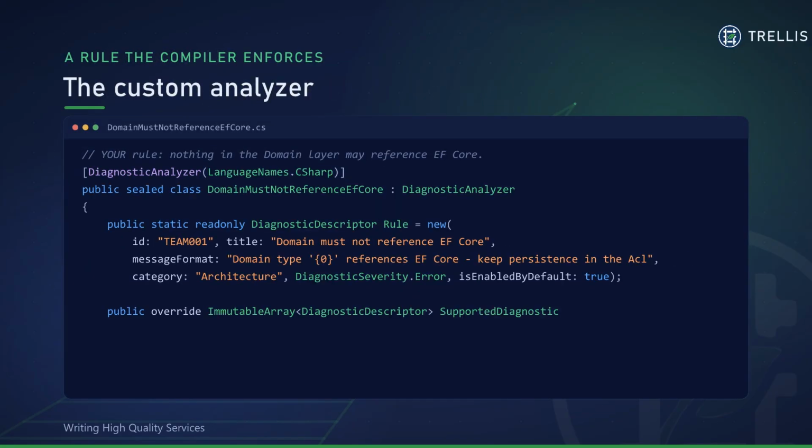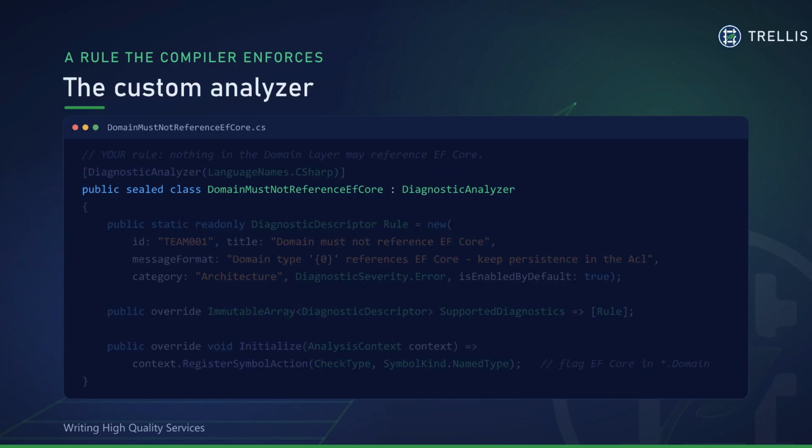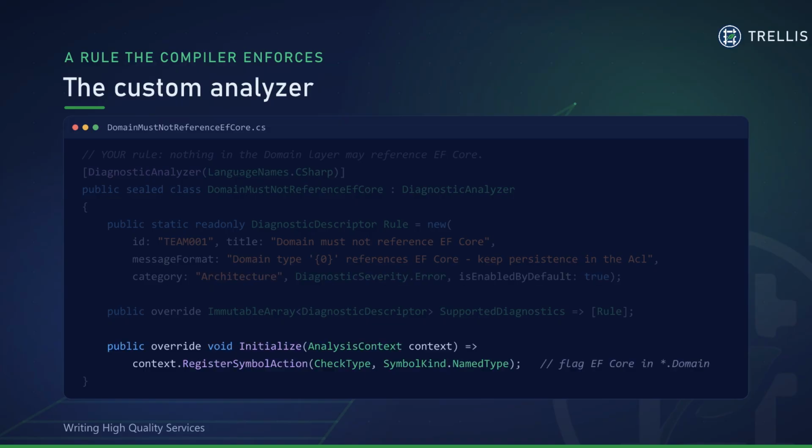Here's the analyzer. It's a class that derives from DiagnosticAnalyzer, and it carries a descriptor: the rule's ID, TEAM001, a human-readable title, the message it'll show, a category, and a severity. We've made it an error, so a violation breaks the build, not just warns. We declare which diagnostics it supports, and then, in Initialize, we register a callback. For every named type the compiler sees, run our check. And that check flags any type in a domain namespace that touches Entity Framework. That's the whole guardrail. Forty lines turn "please don't put EF Core in the domain" into a rule the compiler